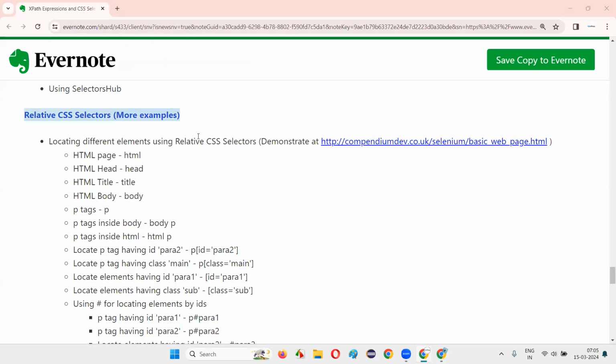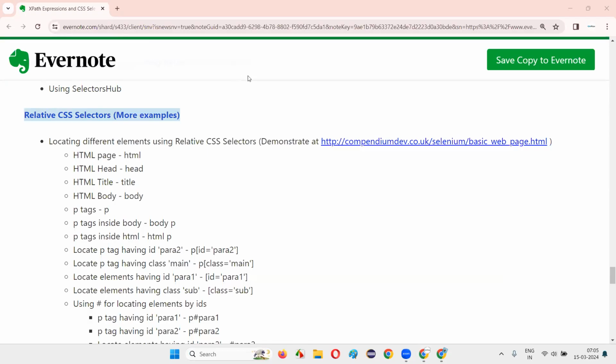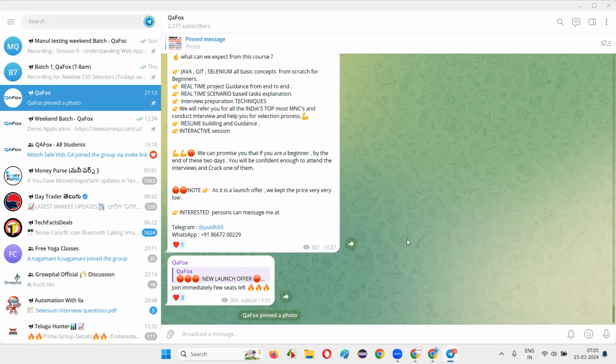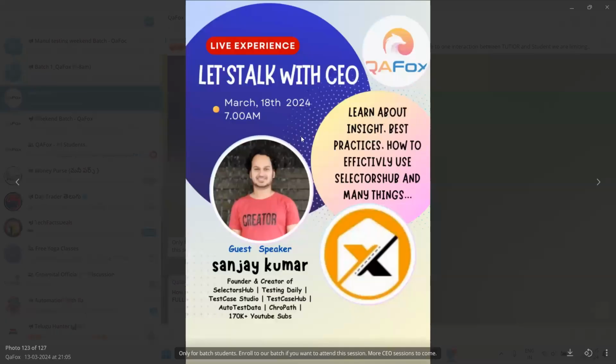And on Monday, you remember, right? We are going to host a person who is the CEO and founder of Selectors Hub. I've already posted in the group. Let's talk with the CEO. He's a founder and creator of Selectors Hub. I'll not be taking the session on Monday, guys. Instead, in my place, Sanjay is the one who is going to take the session. He's a founder and creator of Selectors Hub, and he created many apps for software testers,